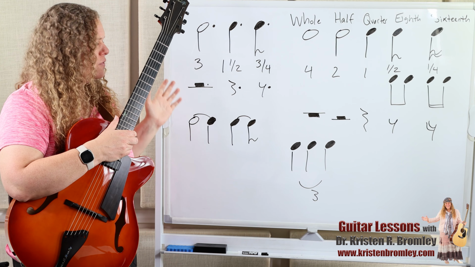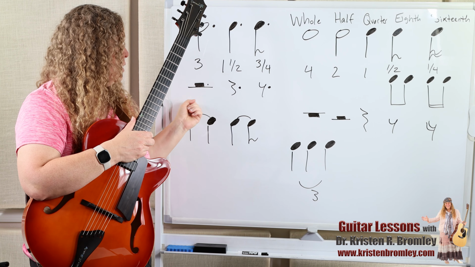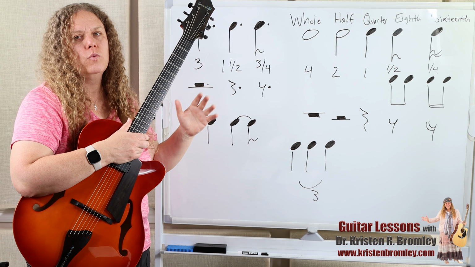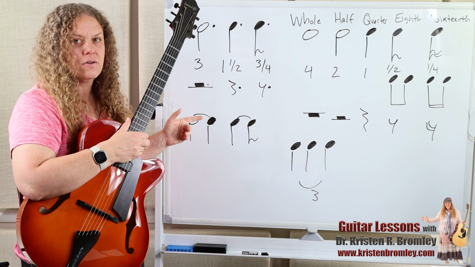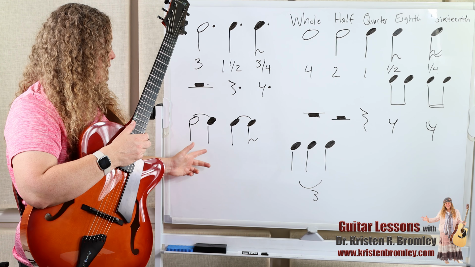And then, sort of in another way of doing the same thing, we've got a tie. We can tie 2 notes together. This especially works when we go over a bar, and we'll learn about bars in the next video, but you can tie 2 notes together. So if I take a half note and a quarter note and I have an arching line that connects them together, then it would be plucked at the beginning of this, played at the beginning, and held